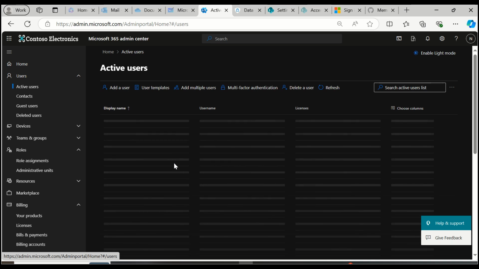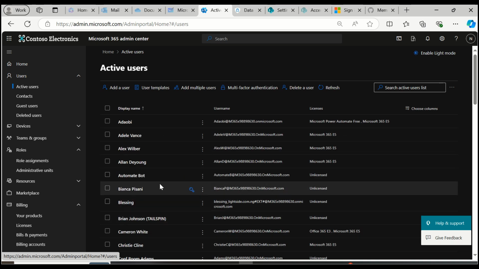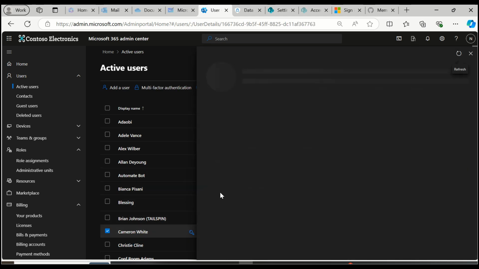I want to show you the SharePoint plan that it comes with. It has two types, either a SharePoint Plan 1 or SharePoint Plan 2. Okay, so the SharePoint Plan 1 does not allow for storage increase by default. There's nothing you can do about it, guys. There's nothing you can do about it. So if I go to this user and I select